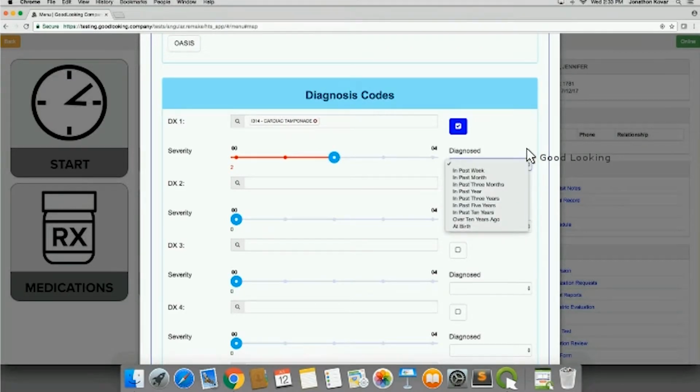On the current plan of care, on the current 485, most people answer the question of when the patient was diagnosed as an actual date. And then they have to put whether that date is for onset or exacerbation. And universally, that information is incorrect as it's given by the nurse. On almost every chart we've audited, and we've audited a lot, that date is almost always the same for all diagnoses. It's almost always shown as an onset when it really was an exacerbation,